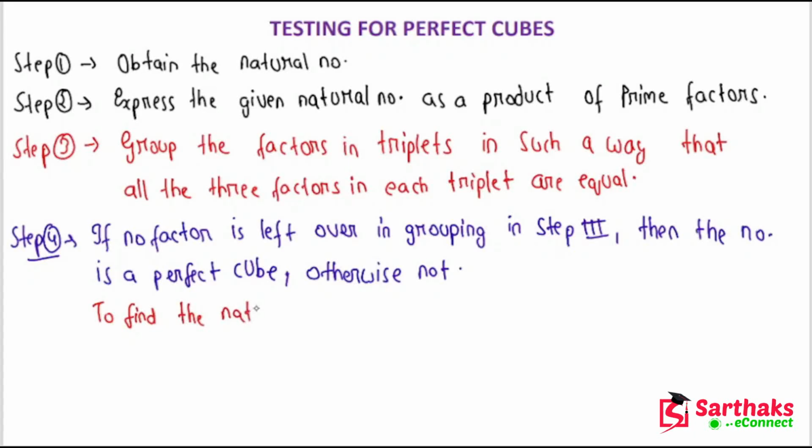We are going to discuss cube roots separately, but you already know from squares that taking one factor out of pair was used to find square root. Here what we are writing, that to find the natural number whose cube is the given number,